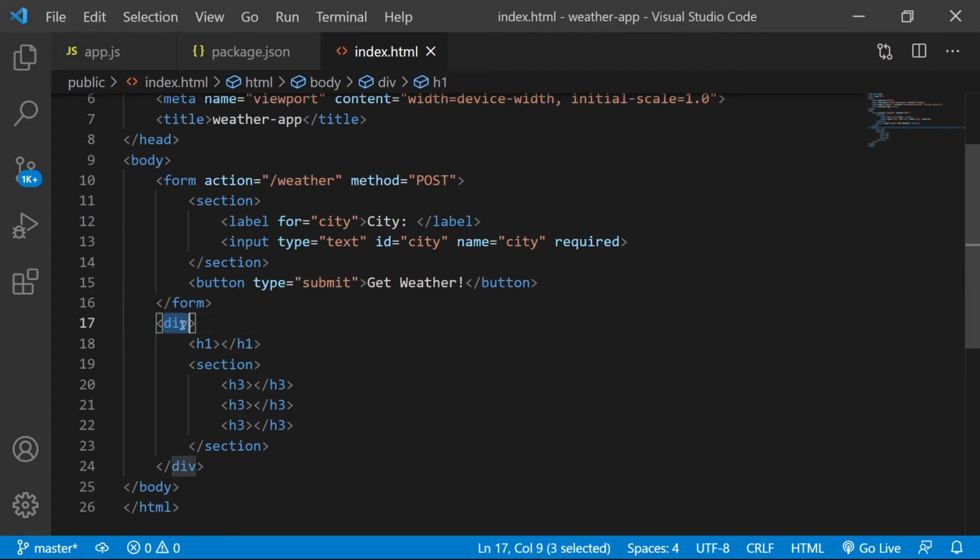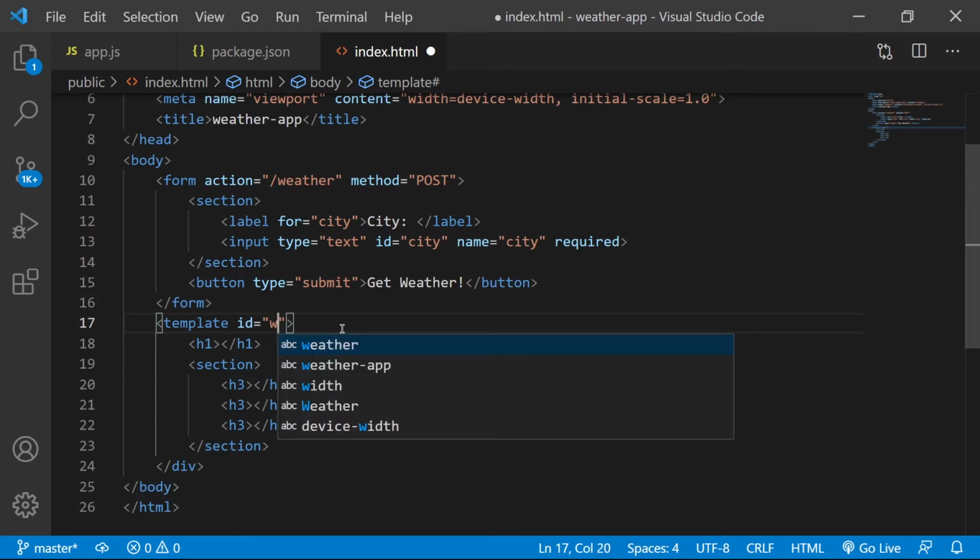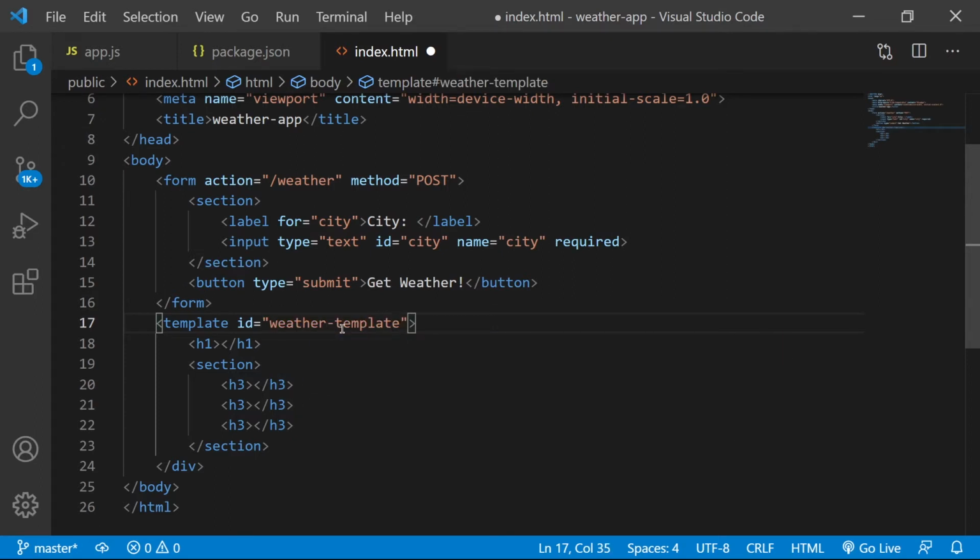Let's do this. What I'm going to do though is actually create a template, and I'll call this weather template. Templates are really cool because they won't actually be rendered onto the screen, and you can use them to help you make clearer UI instead of having to create your elements and then attach things to them and then attach things to those newly created elements and then finally append to the DOM. This already gives you a scaffold of things that you can directly pinpoint query for and attach whatever you want to it.